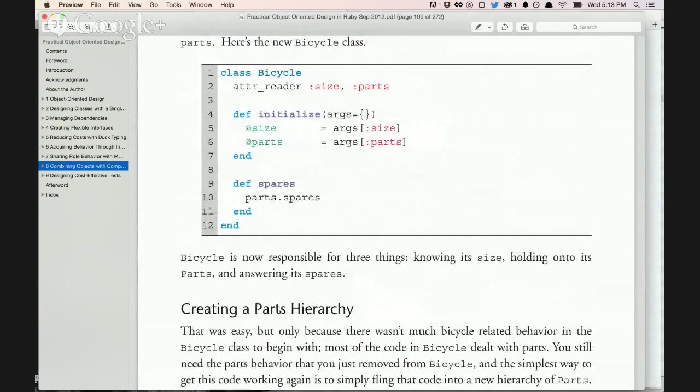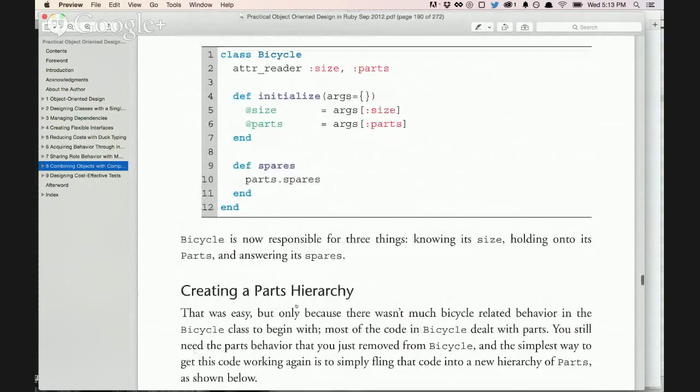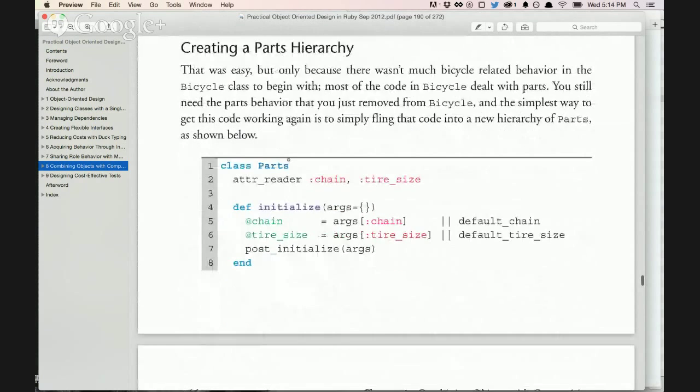But the difference with this is, rather than doing spare parts and inheriting that, you'll still keep bicycle as a separate class. Rather than inheriting the mountain bike, you're starting to create more of these different components outside of that that will then create a mountain bike on top of the bicycle class. So here she's got the bicycle with the standard stuff. She's got her spare parts. And then now she has a parts class,